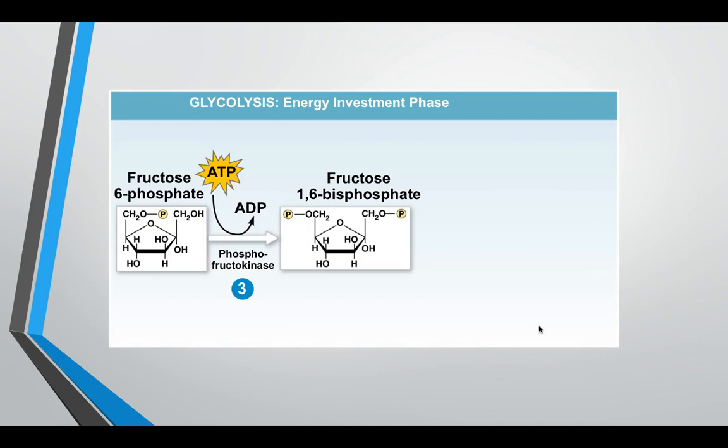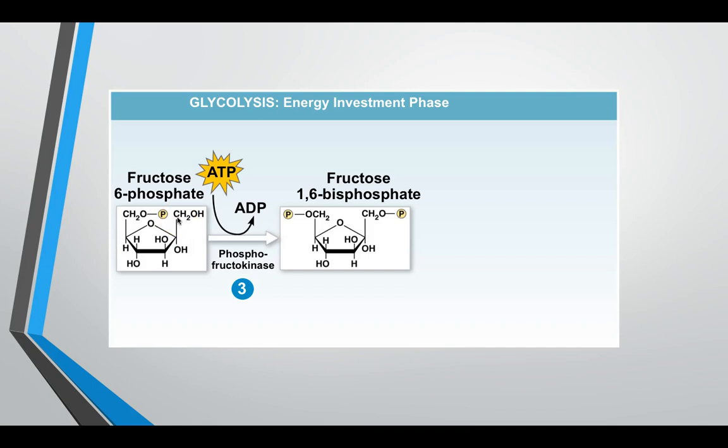Okay, if you said a kinase, you're correct. Now, I have another kinase, but this kinase works with fructose 6-phosphate. So therefore, its name is phosphofructokinase. Where did the phosphate come from? Another ATP molecule. Phosphate will be removed from ATP and added to the number 1 carbon on the fructose